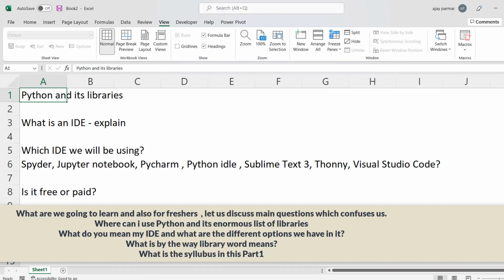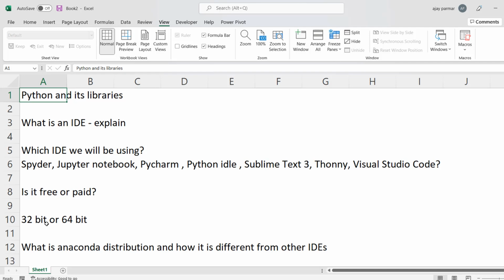Many of you already know me. You have taken the sessions on Excel and, of course, on Excel VBA macros from me in the past. But many of the students who have joined for this Python course just got to know me from their friends, right? So they haven't actually learned anything from me as of now. I welcome them also, and I'd like to talk about my teaching style, how I'm going to teach